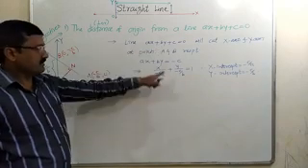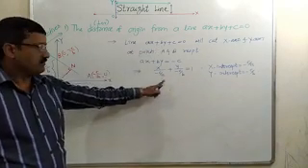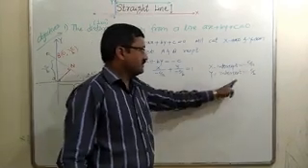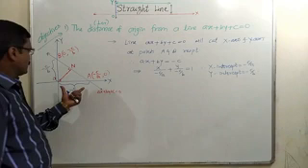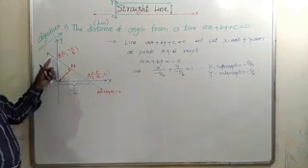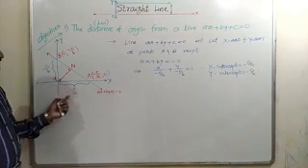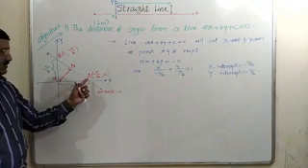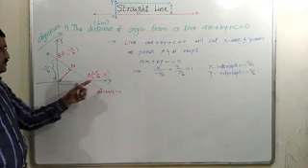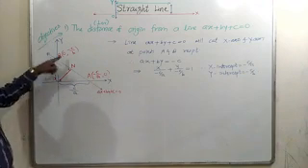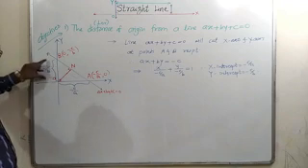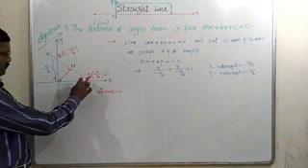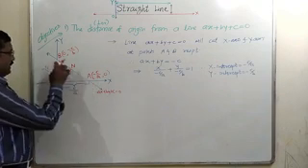Because the equation is this, we have converted it into double intercept form. So this is first intercept, that is minus c upon a, second intercept is minus c upon b. Those intercepts are nothing but the distances OA and OB. As this distance is minus c upon a, coordinates of A will be minus c upon a, 0, because this point A is on x-axis, its y coordinate is 0. Point B lies on y-axis, so its x coordinate is 0 and y coordinate is nothing but its y intercept, that is minus c upon b. Now we get the coordinates of A and B.